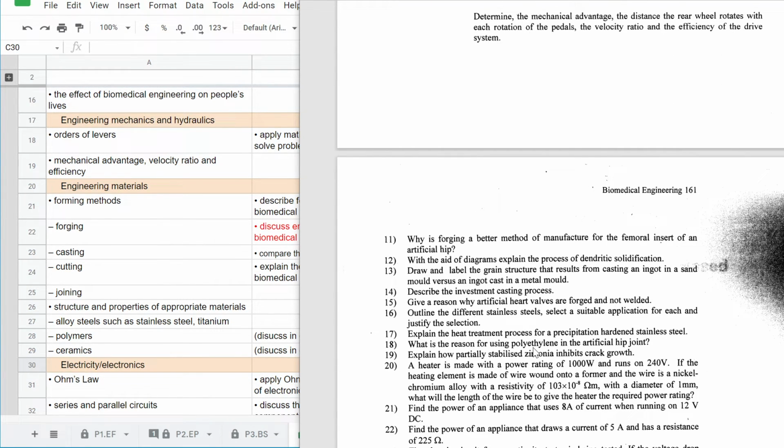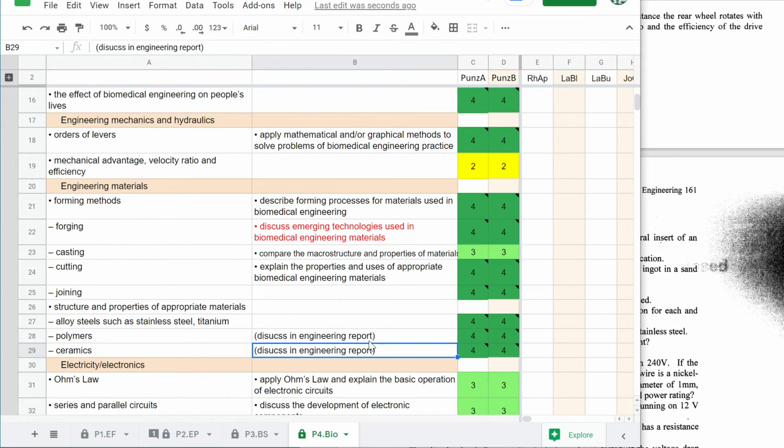Okay, what is the reason for using polyethylene? What is the reason for zirconia? So questions 18 and 19. So there we go. Chapter review question 18 and